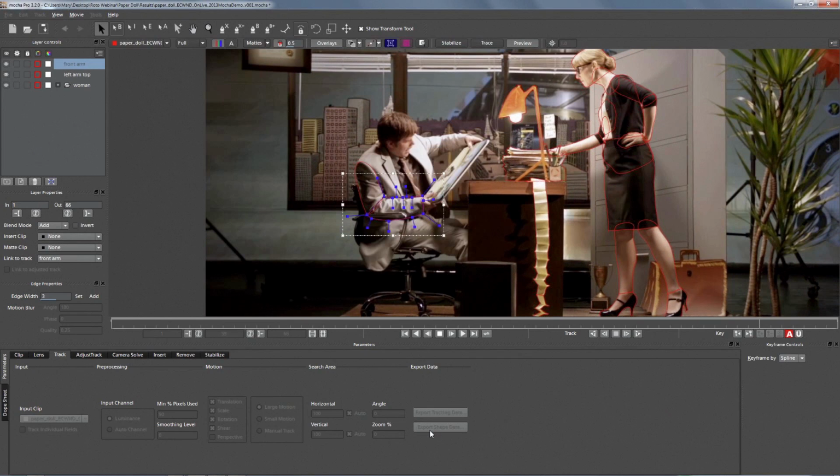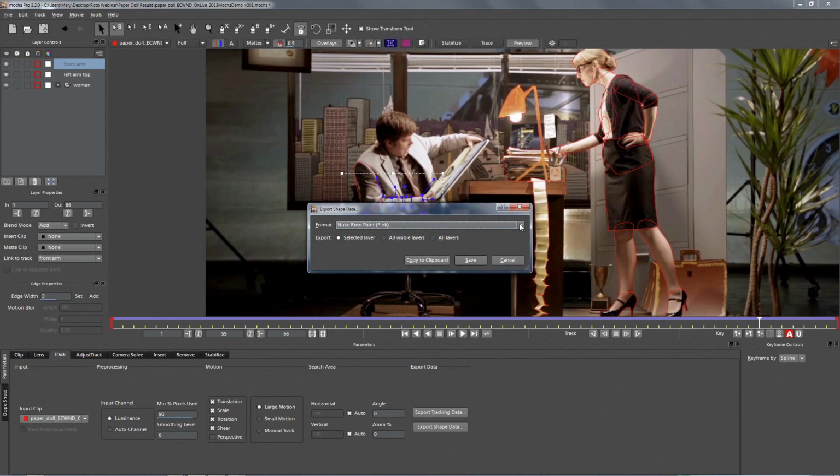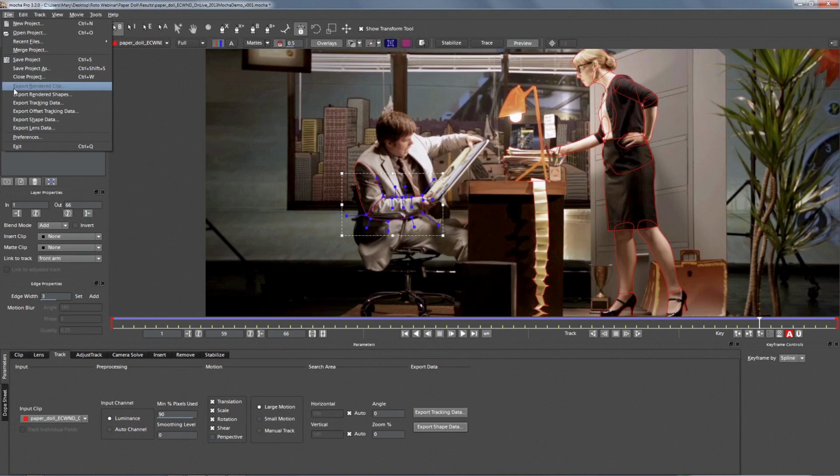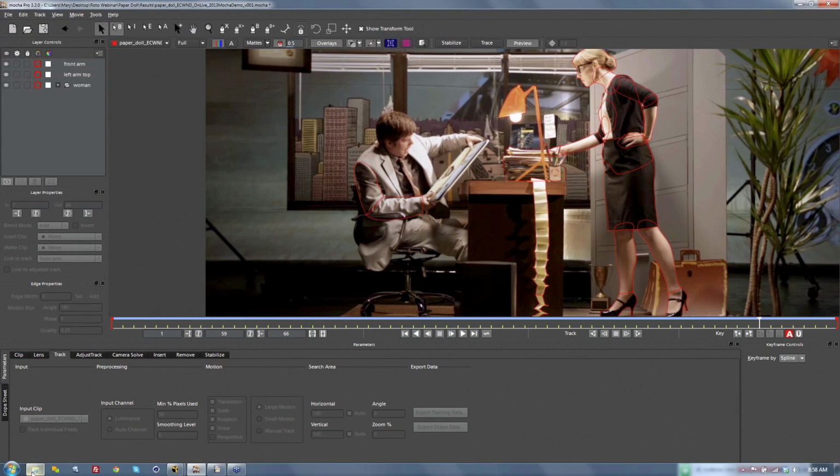Yeah, and that's true. We also export our shape data to all kinds of different programs. If you remember earlier when I showed Mocha for After Effects Creative Cloud, it only exports Mocha shape data for After Effects, but Mocha Pro exports Mocha shape data for Final Cut, After Effects, Shake Roto shapes, Nuke Roto nodes, Nuke Roto paint nodes, Flame Gmask scripts, and Combustion Gmask scripts. We can also export our rendered shapes, and that will render out shapes that